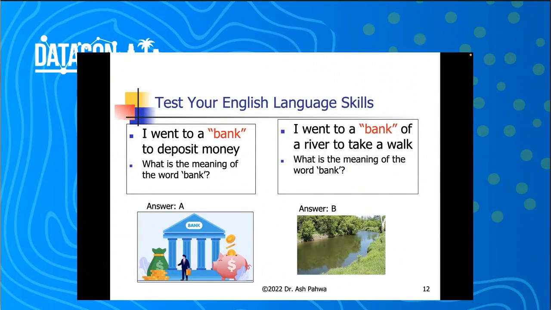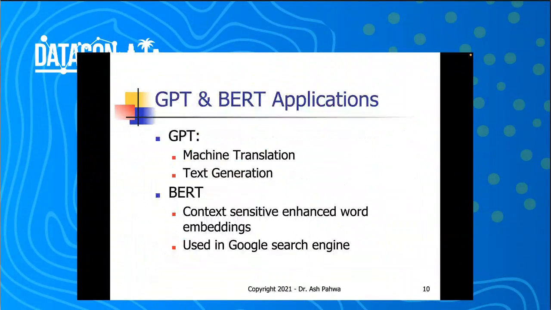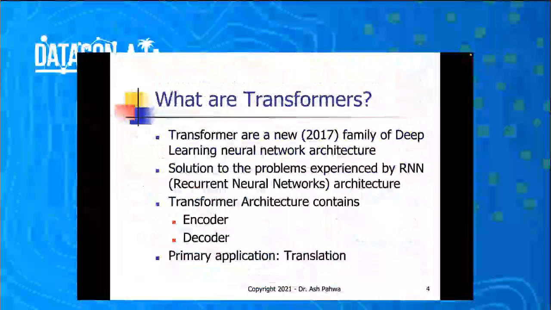My talk is going to be basically about how we do that. How do we determine these things? So let's go back to my presentation from the beginning. This is going to be the outline of my talk: what are transformers, and their applications. There are 2 major applications which have come about, which are GPT and BERT. Then I'm going to focus primarily on the word bank, because that is the example I'm going to take. But of course, this is applicable all over the place.